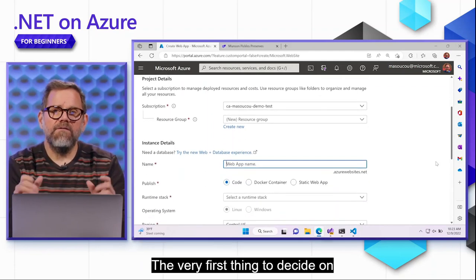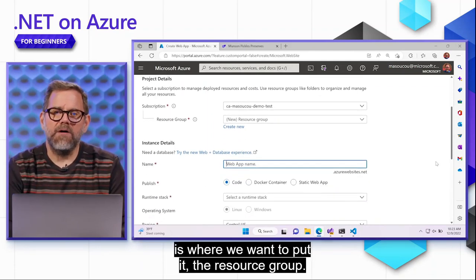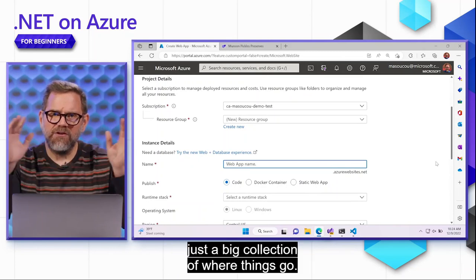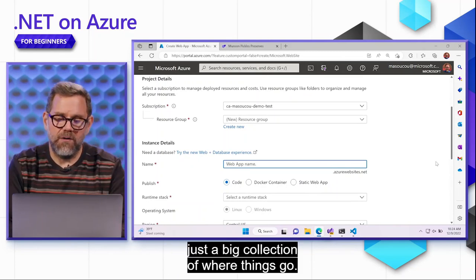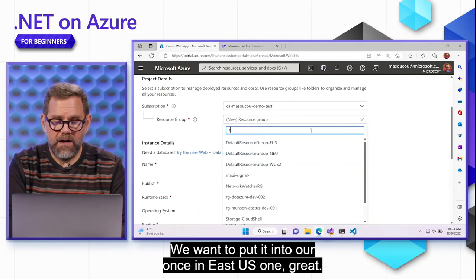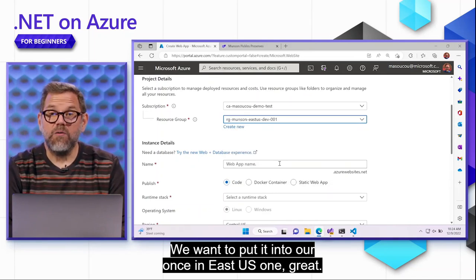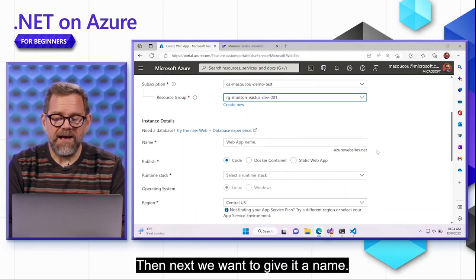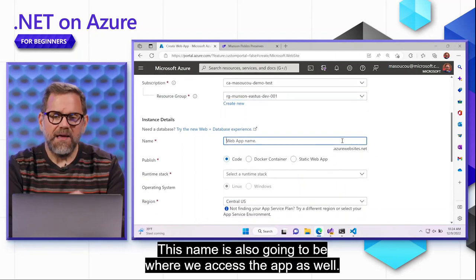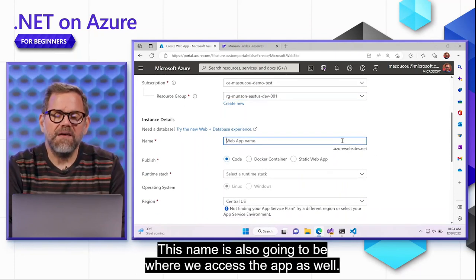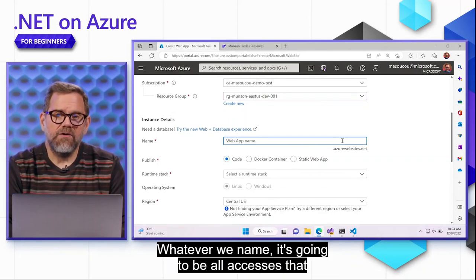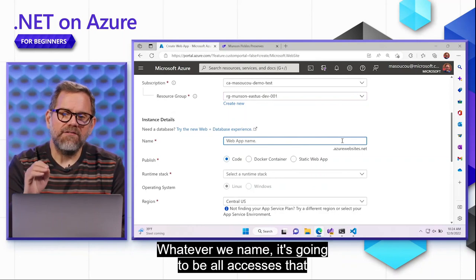So the very first thing you have to decide on is where we want to put it, the resource group. A resource group is really just a big collection of where things go. And we want to put it into our Munson East US one. Great. And then next we want to give it a name. And so this name is also going to be where we access the app as well. So whatever we name it, we're going to be able to access that